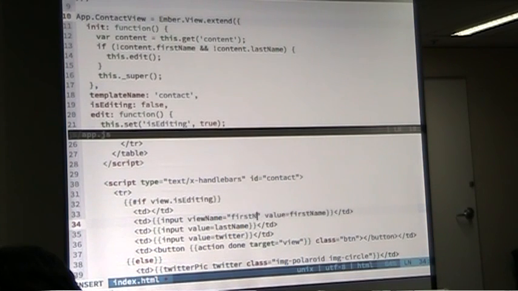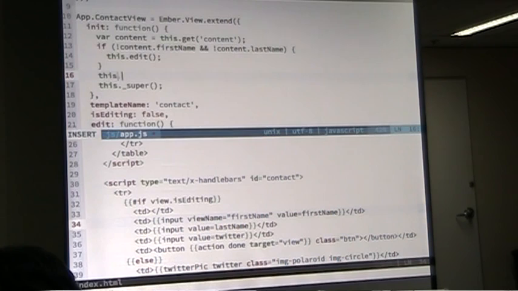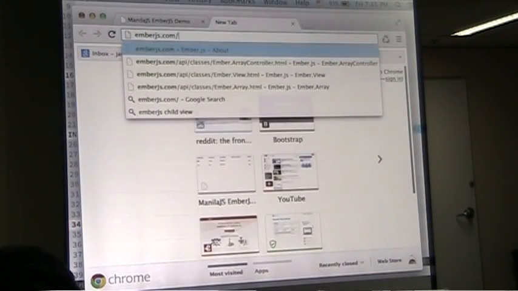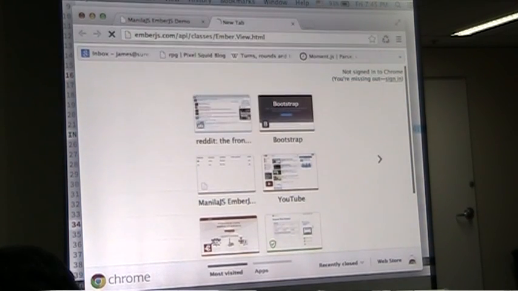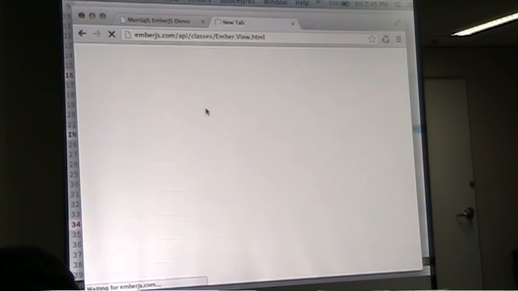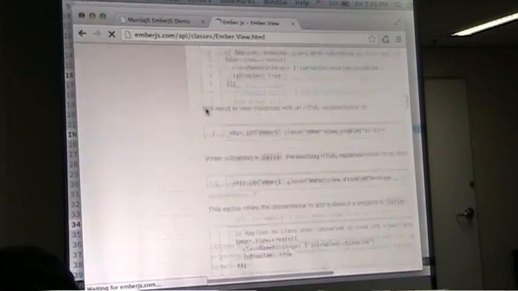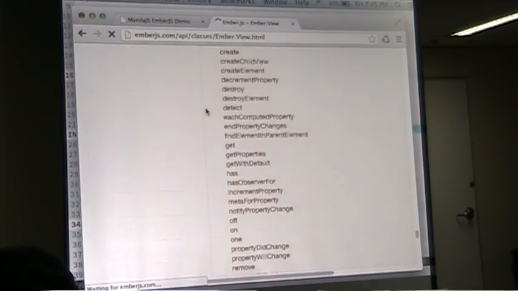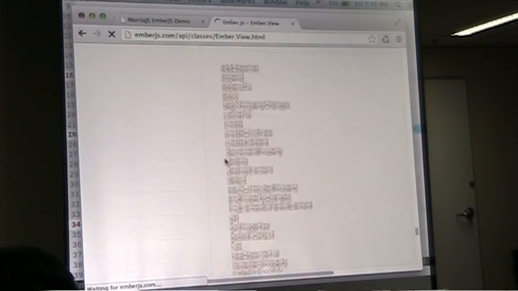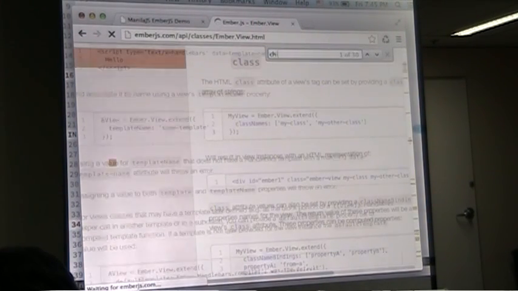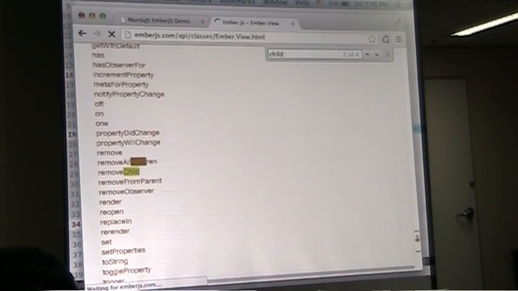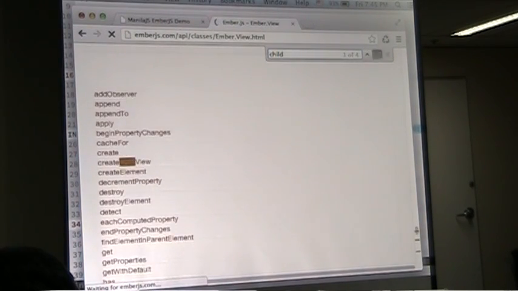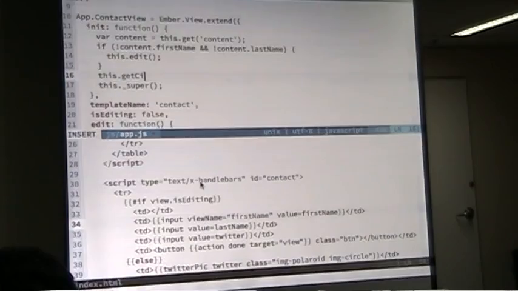assign a first name, I guess. First name. And I think that is this.getChild. Hang on. Ember.js classes view. Yeah, if you're having problems with Ember, the best thing to look at is the docs. So let's get the child. Create child view. Okay. Well,